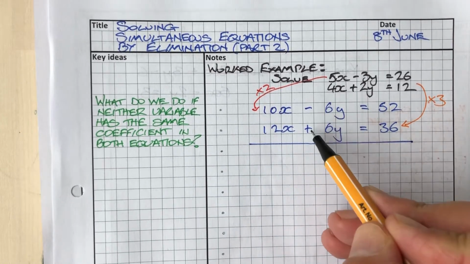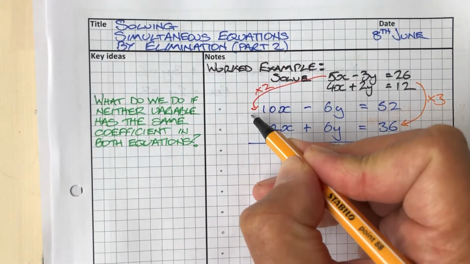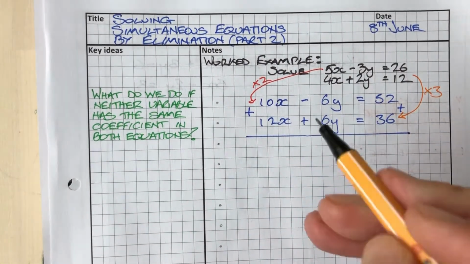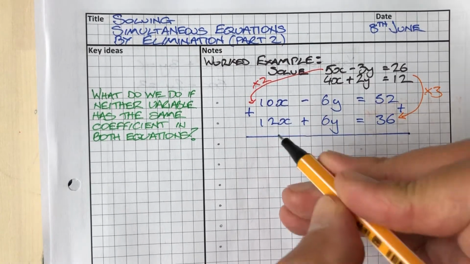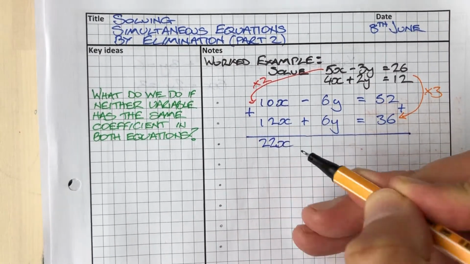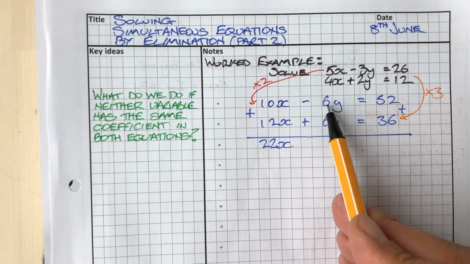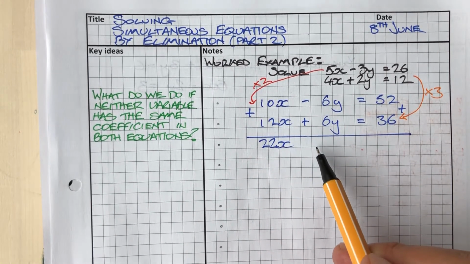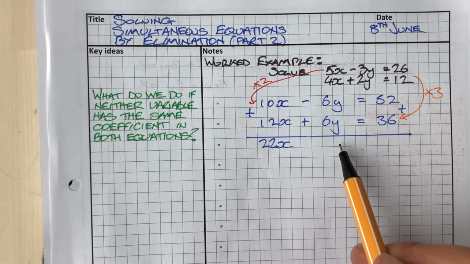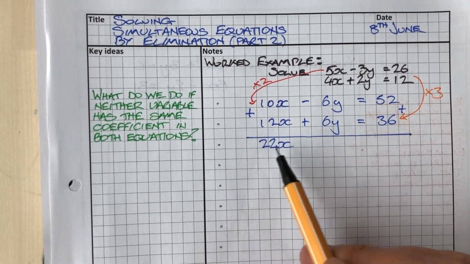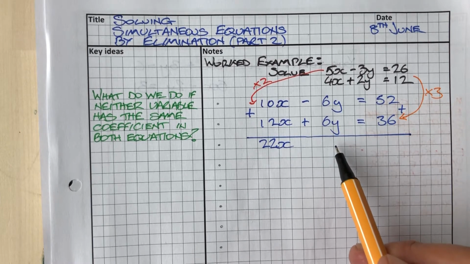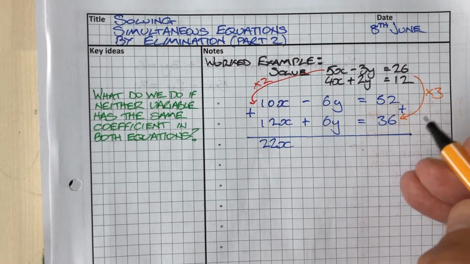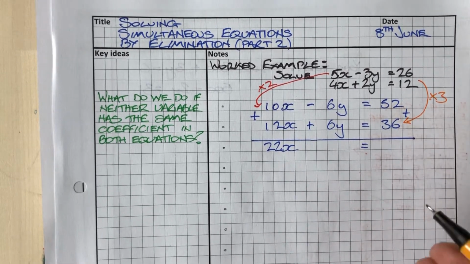Well, y doesn't have the same signs in front of it, so I'm going to be adding the top line to the bottom line. So I've got 10x, add 12x makes 22x. I've got negative 6y, add 6y, that gives me nothing. And so I've got no y's. If I ended up with both x and y, I'd have gone wrong, wouldn't I? I need there just to be the one letter on this line. And here, 52, add 36,